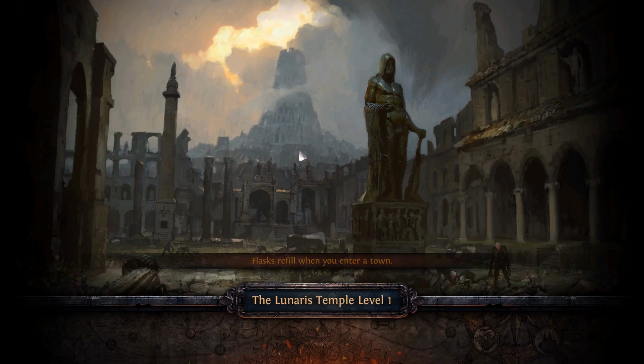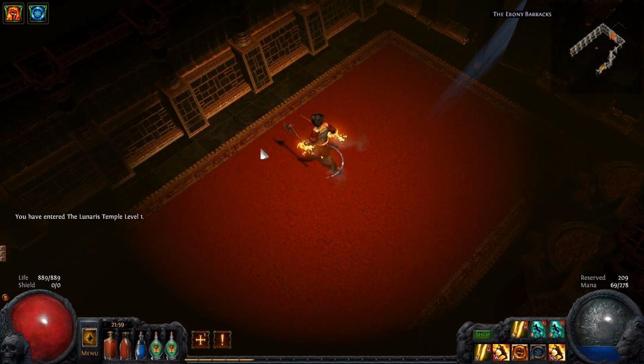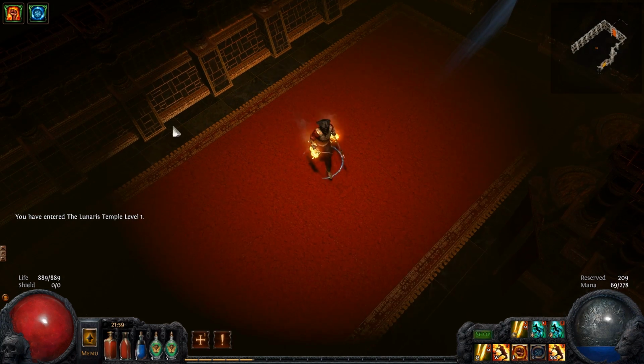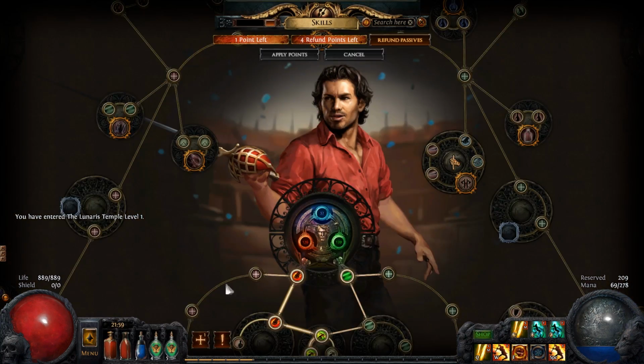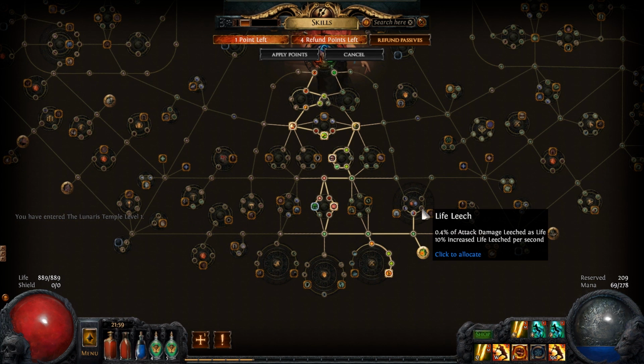But now we are in the Lunaris Temple, which is an area I quite like. I like the aesthetic of this area, like all this gold, the black gold and the red. It's almost a little bit evil. Well, it is evil, so...